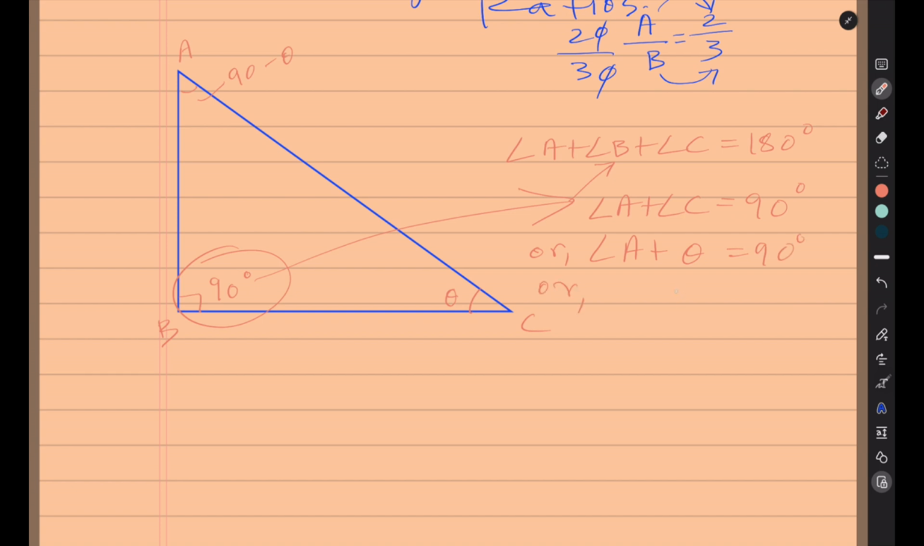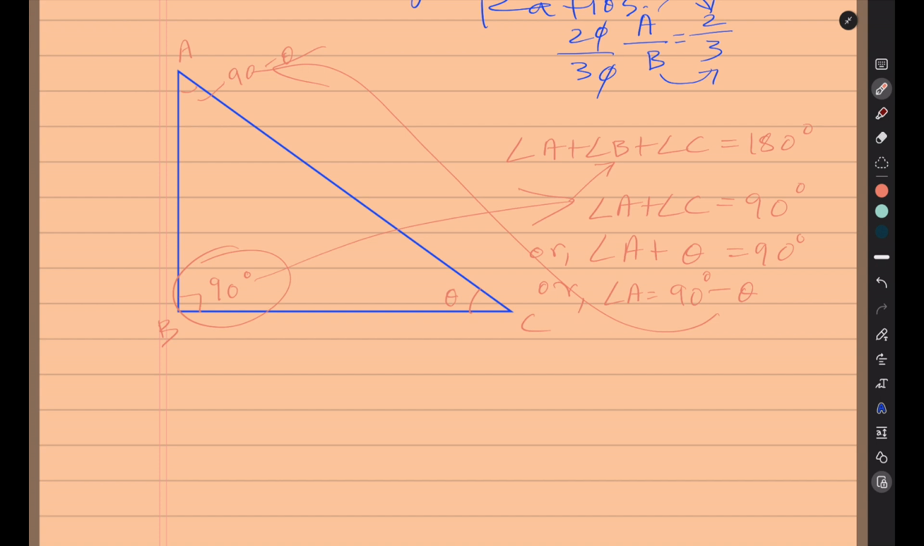So angle A in that case will be 90 degree minus theta, isn't it? This is what it is. Okay, so now we will try to define the sides of this triangle,